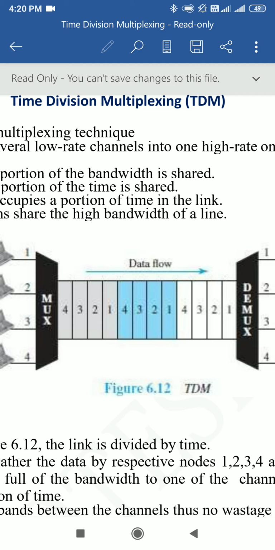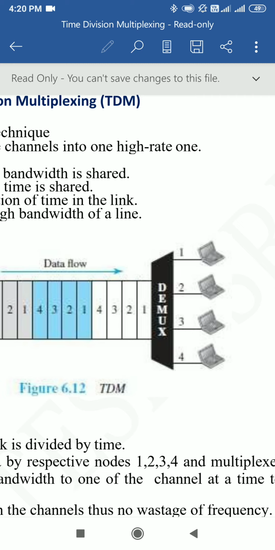Once one cycle completes, it begins with the next cycle, and again the data transferred through the link is given as input to the demultiplexer, and it is the responsibility of the demultiplexer to reassemble the data at the receiver end. This is one drawback of TDM. In TDM, the demultiplexer is responsible to reassemble the data received and send it to the receiver.